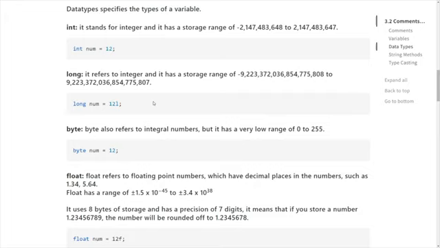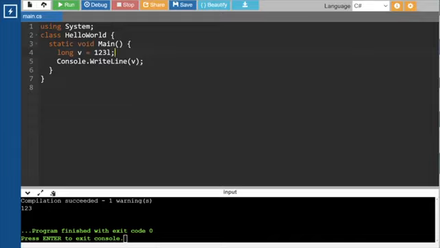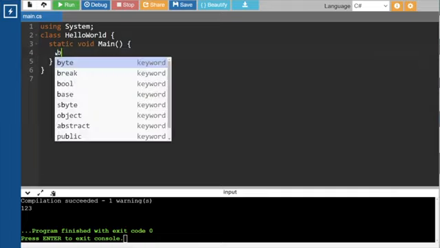The range of it is from 0 to 255. So if we try this example out, that is byte,